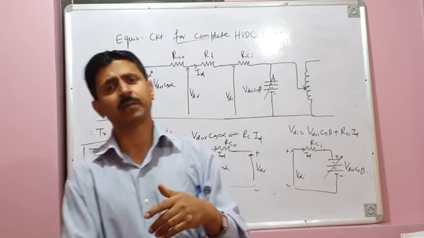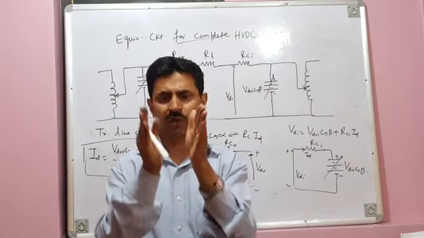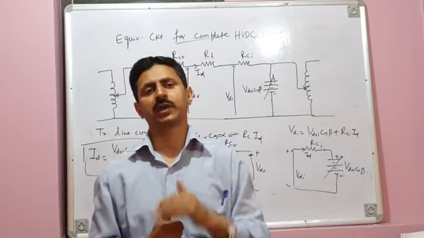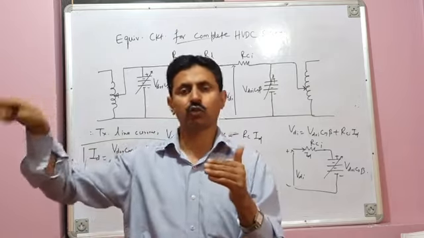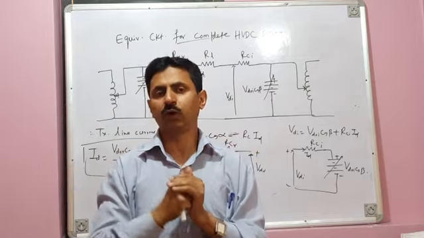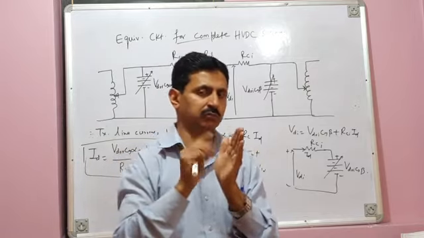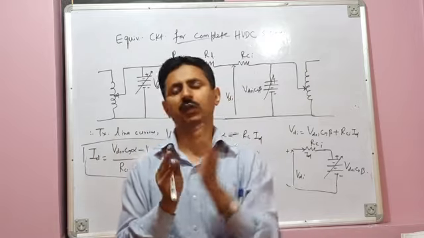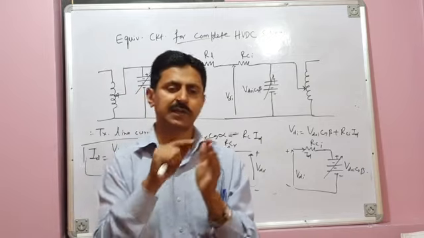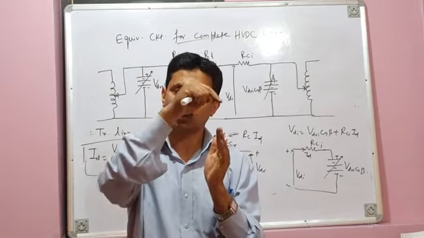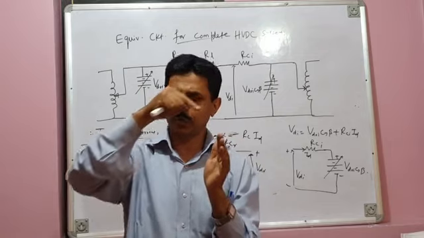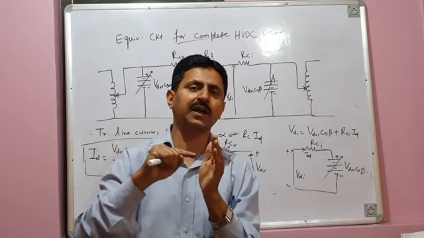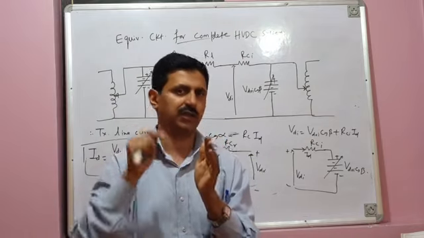Then we derived mathematical expressions for valve currents during commutation overlap. During three valve conduction, we derived the mathematical expressions for I1 and I3, and we tried to draw those waveforms. We found that during commutation overlap, when commutation between an outgoing valve, say valve 1, and an incoming valve, valve 3, takes place, the current in the outgoing valve does not drop linearly, in a straight line manner. It drops sinusoidally. Similarly, the current in the incoming valve 3 increases sinusoidally.